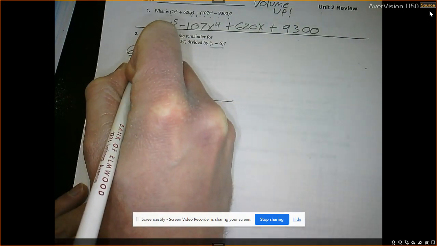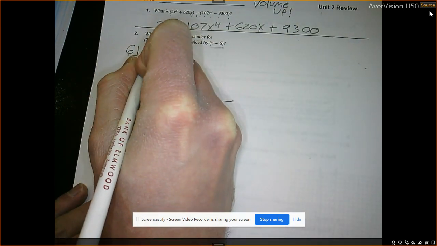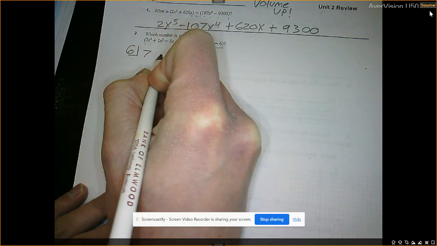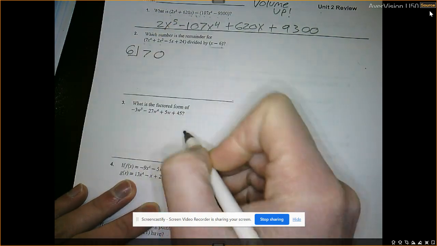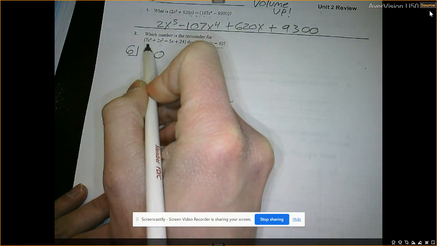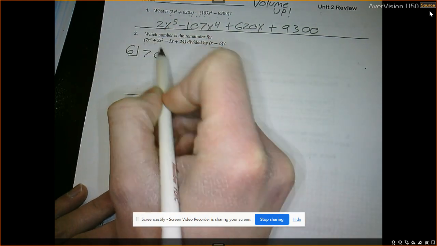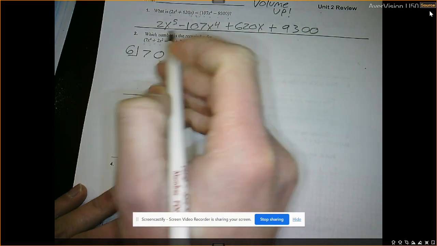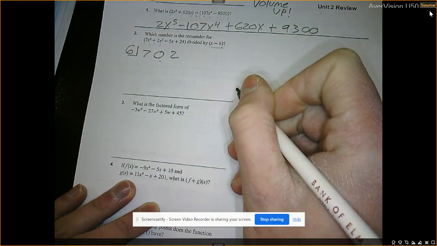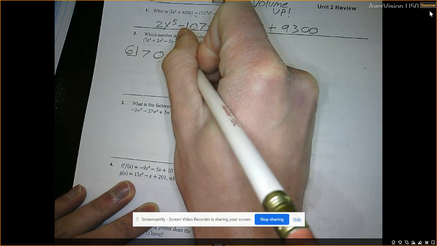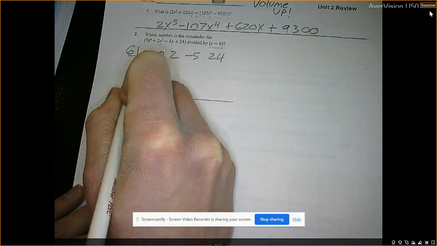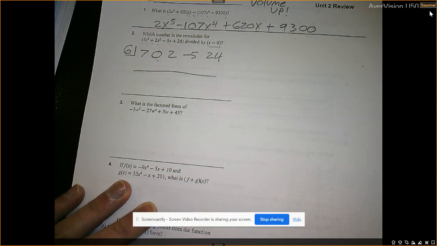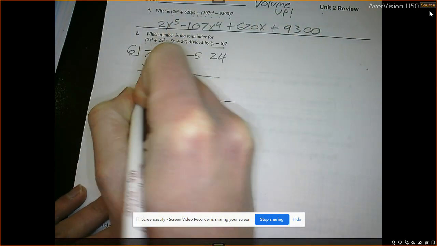And now I have 7x to the fourth. Notice I have 0x to the third. That's very important that we don't just go and say, okay, 2x squared. We have 0x cubed, 0x to the third. So I need to say that. And now I go on to the fact that I have 2x squared, negative 5 single x's, and then 24 out by itself. Okay, and then if we're going to do the division here, I'm going to bring down my 7, and now I'm always multiplying